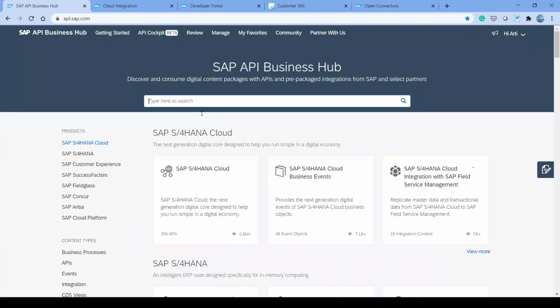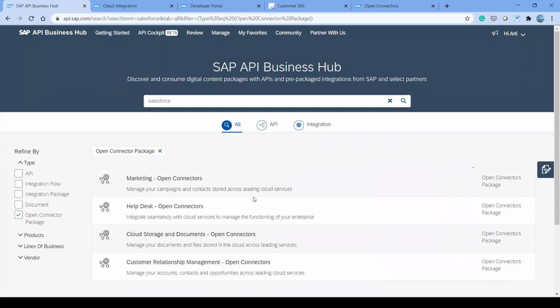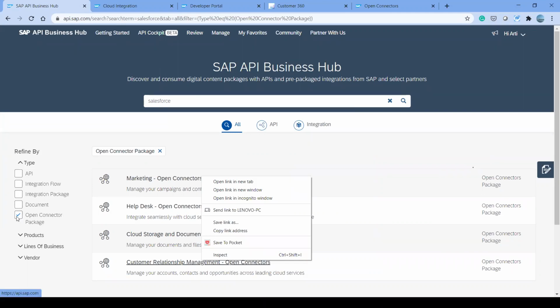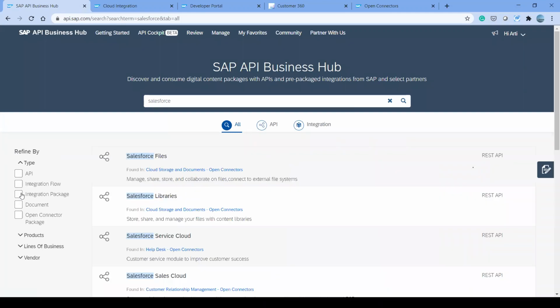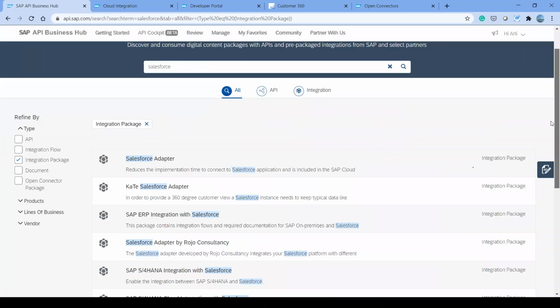Similarly, I start looking for any information around Salesforce, right? So there is Salesforce available as part of open connectors, but this is cloud and storage. Let me look at it from a package perspective. I see that CRM, customer relationship management, is also available. I can open it. Now, another check that I want to do is look at the integration packages, the pre-packaged